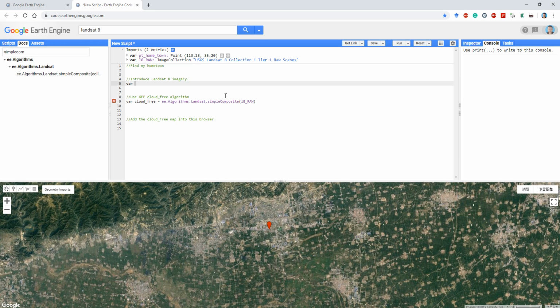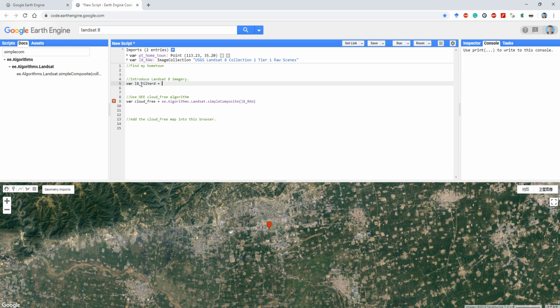First things first, whenever we introduce some data, the first thing we need to do is to filter the data. We don't want every Landsat 8 raw image, thousands of them, to be analyzed here. So first, we will introduce the bounds. The bounds are already introduced. It's a point in my hometown. So secondly, we want to use a specific time range to reduce the amount of data. So let's say L8